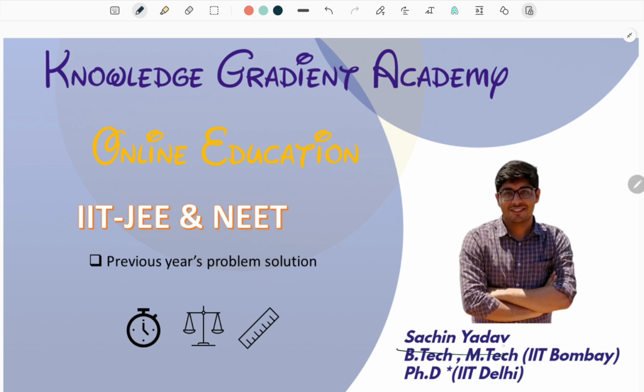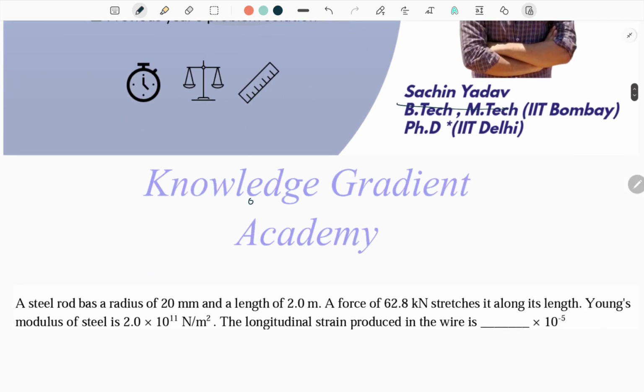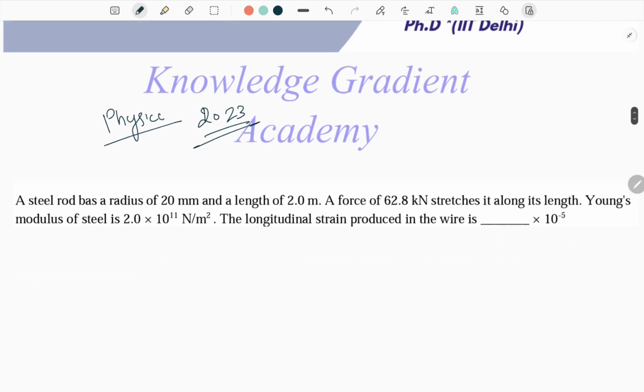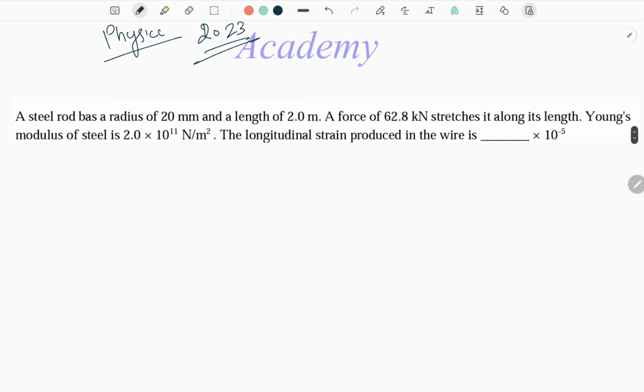Myself Sachin Yadav, and today I will discuss the physics section of the IIT-JEE 2023 Mains exam. So the problem is: a steel rod has a radius of 20 mm and a length of 2 meter. A force of 62.8 kilonewton stretches it along its length. Young's modulus of steel is 2 into 10 to the power 11. The longitudinal strain produced in the wire is equal to,